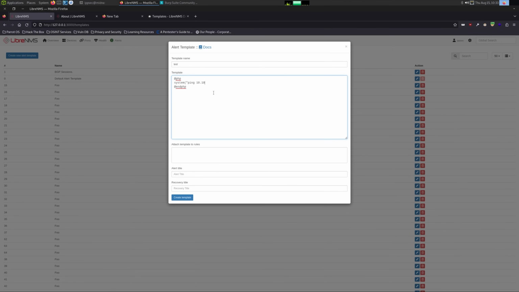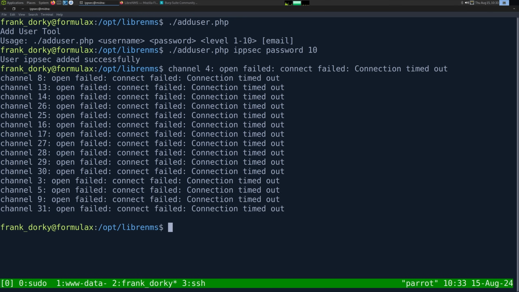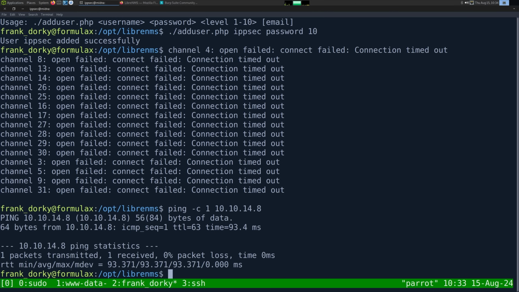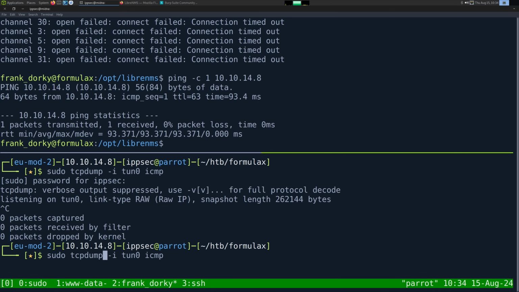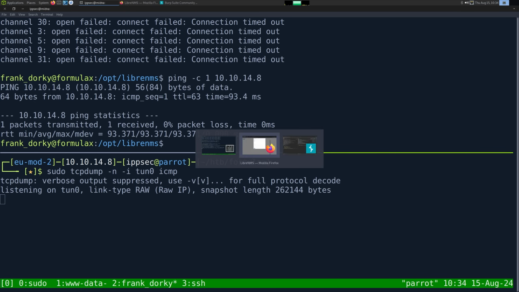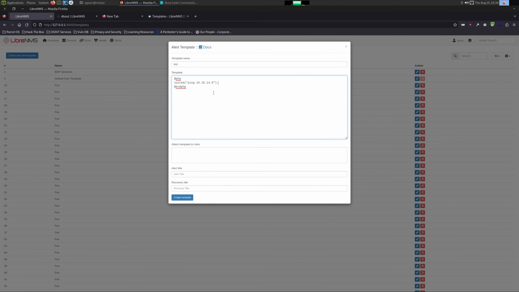System ping 10.10.14.8. And we probably have to ping with a count. Is it C or N? It is C. Sudo tcpdump -i tun0 icmp. I also want to add the -n to disable DNS translation. If I create this template,